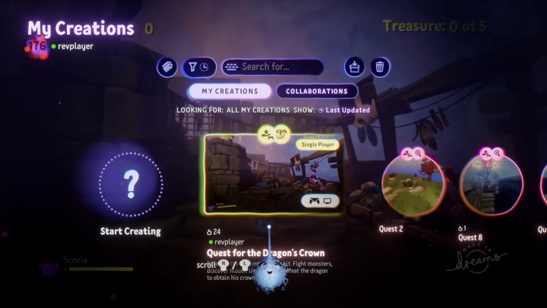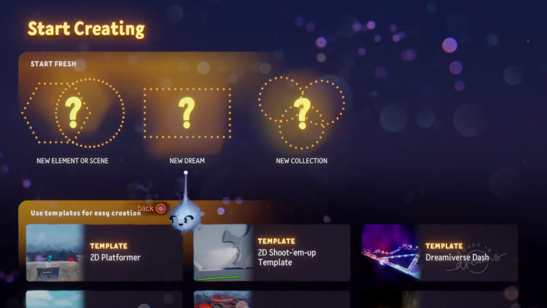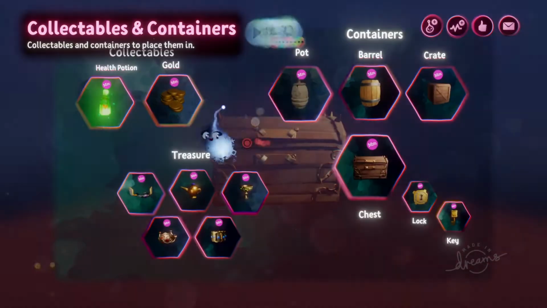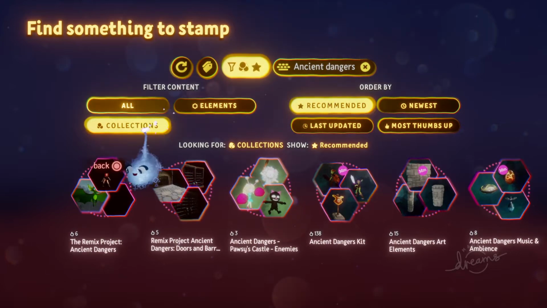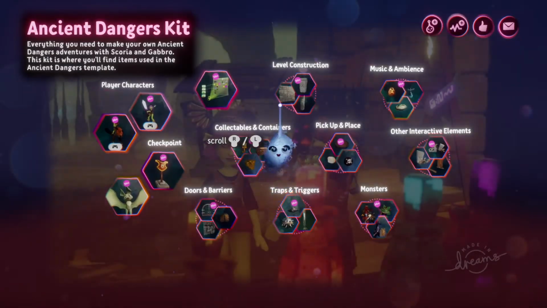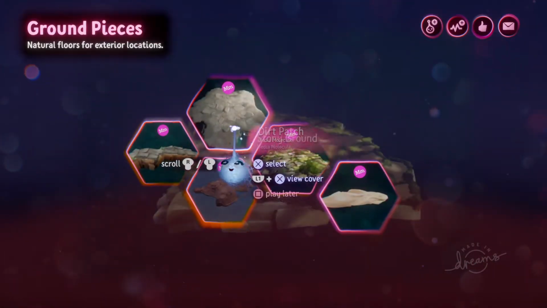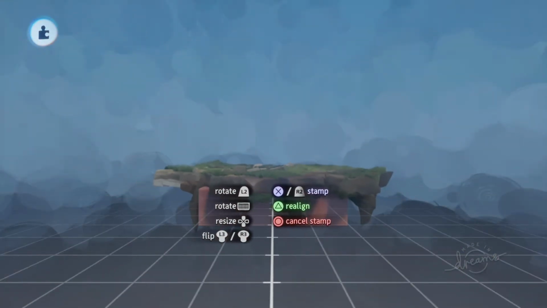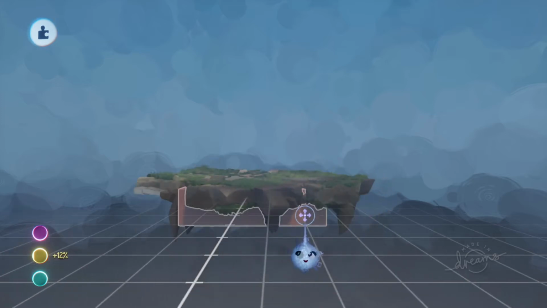But we're going to go back in here and talk a little bit about using this scoreboard. So we're going to start creating. We're going to go to Scene, and we're going to go to our Ancient Dangers Kit. And we find that in Collections, Ancient Dangers Kit. Here it is. We go up, we want to go to Level Construction to start off here. And we're just going to select the craggy rock terrain. Let's stick that down there. And we can just delete this